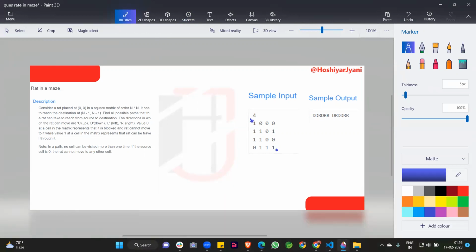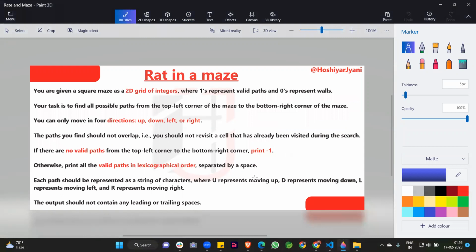So guys, you can see here, you are given a square matrix, a 2D grid of integers, where 1 represents valid paths and 0 represents walls. Your task is to find all the possible paths from the top left corner to the bottom right corner of the maze.